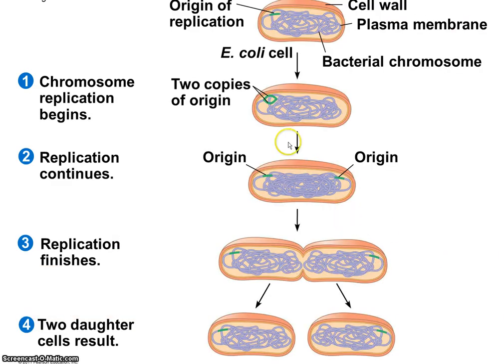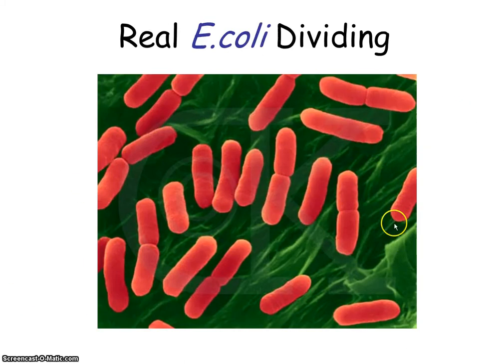So that's it. Really, the DNA, there's a lot of it, so it doesn't look like a perfect little circle, but if you were to stretch this out, it would be circular. It would be connected at both ends. There's a little origin of replication. It copies first, and then the rest of it copies, and there you go, two cells. And they're going to be clones of each other.